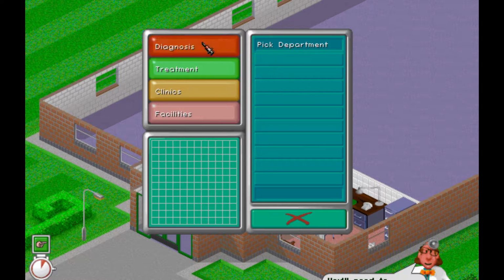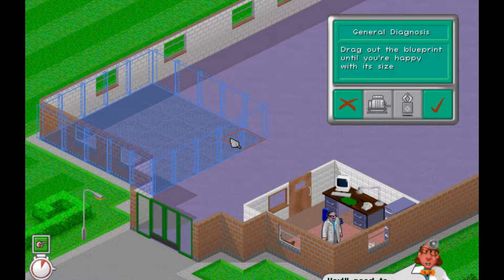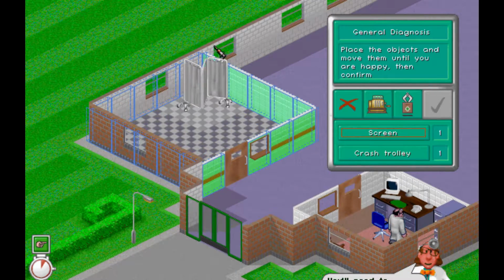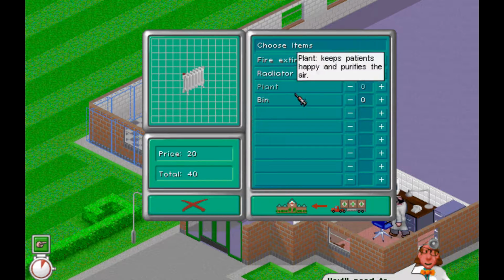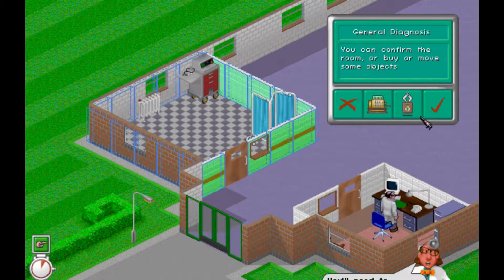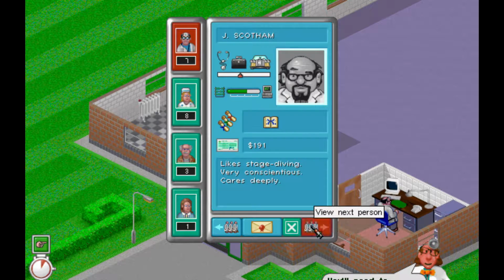We also need a general diagnosis room. And as you can see, this over here is 5 squares, so it leaves room for more of some of these bigger rooms. Each room has a minimum size, so you just need to keep that in mind. I think we need 2 radiators in here, 1 here and 1 here, as well as a nice little plant. And then we need a...